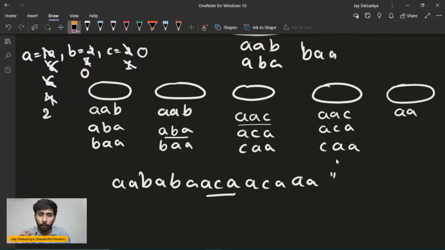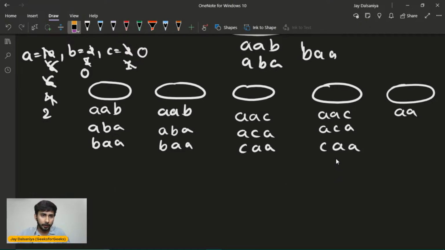But now I don't want to find this string. This will be a trial and error kind of thing if you want to generate this string. But I don't want to generate this string. I simply need the answer whether I can do it or not. So actually what I can do, I can place these things in this manner.